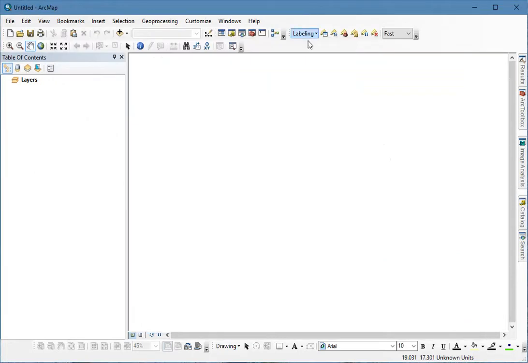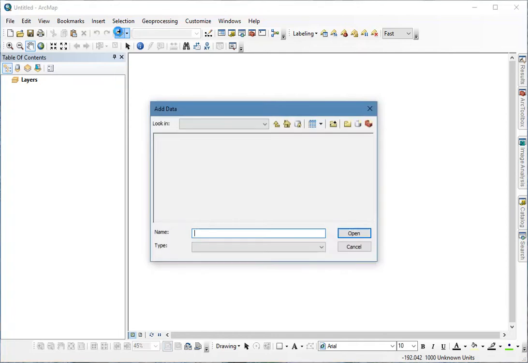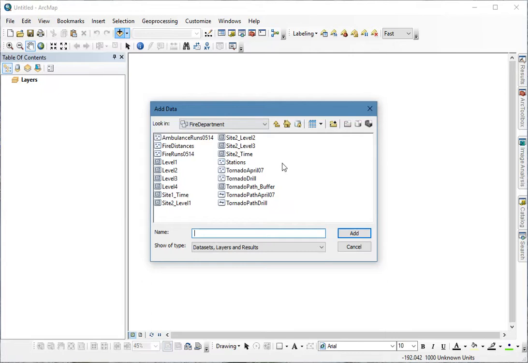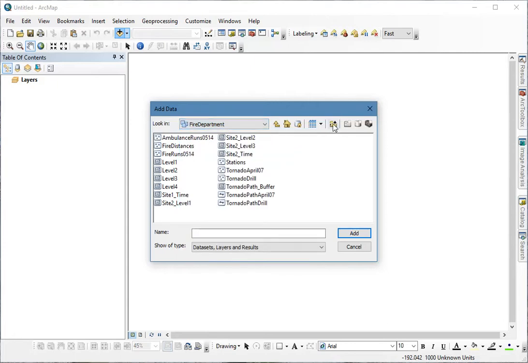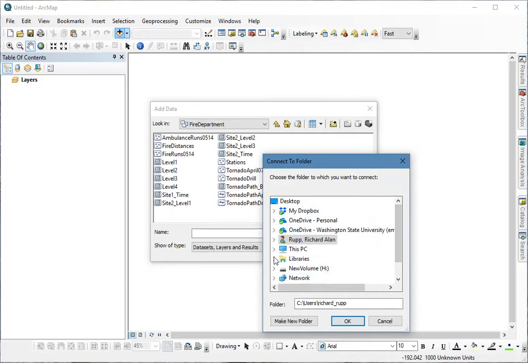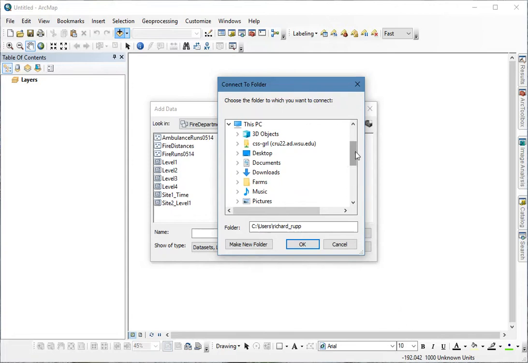Now in ArcGIS I can go to the Add Data button, and I can see that I do not have the folder where I stored the Landsat data as one of my folder connections. So what I'm going to do is click on this button that says connect to folder, and I am going to navigate to that folder in this dialog, and it's on the C drive